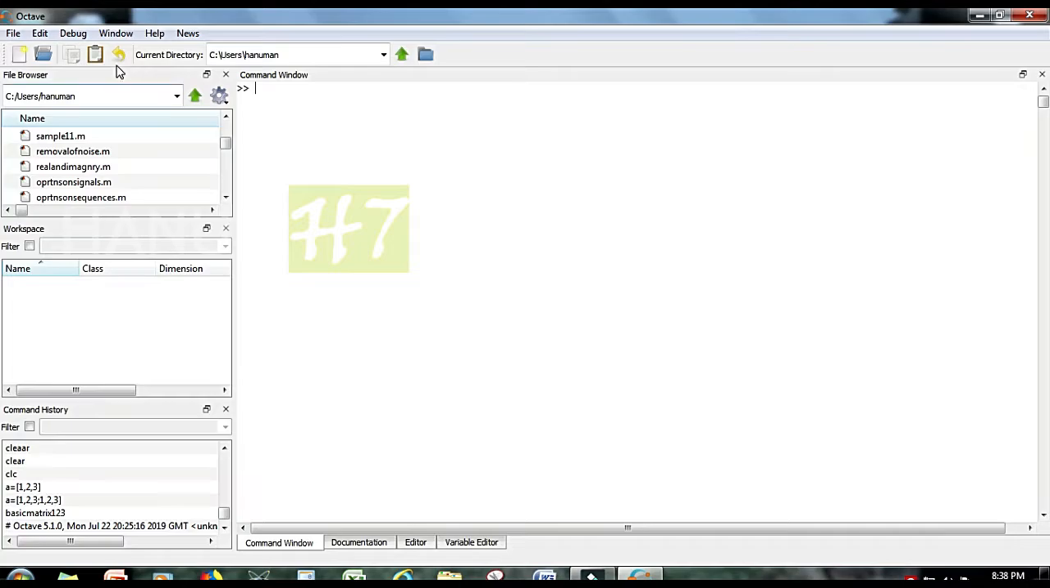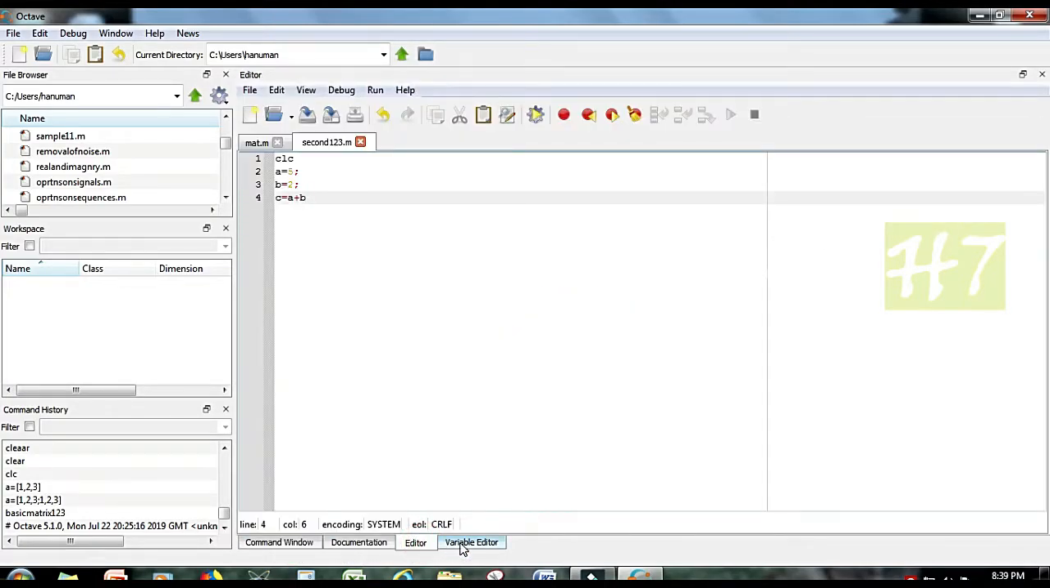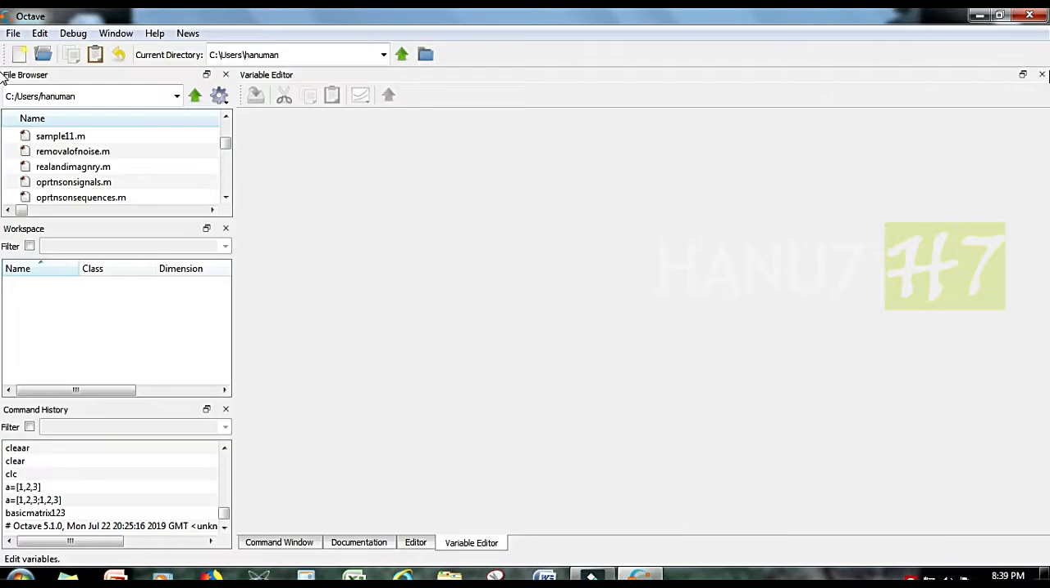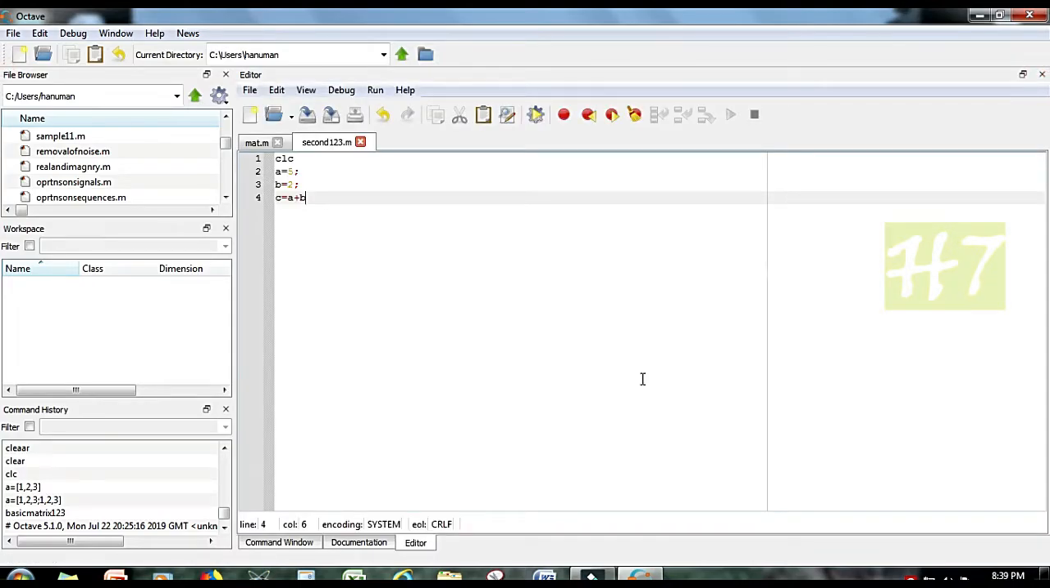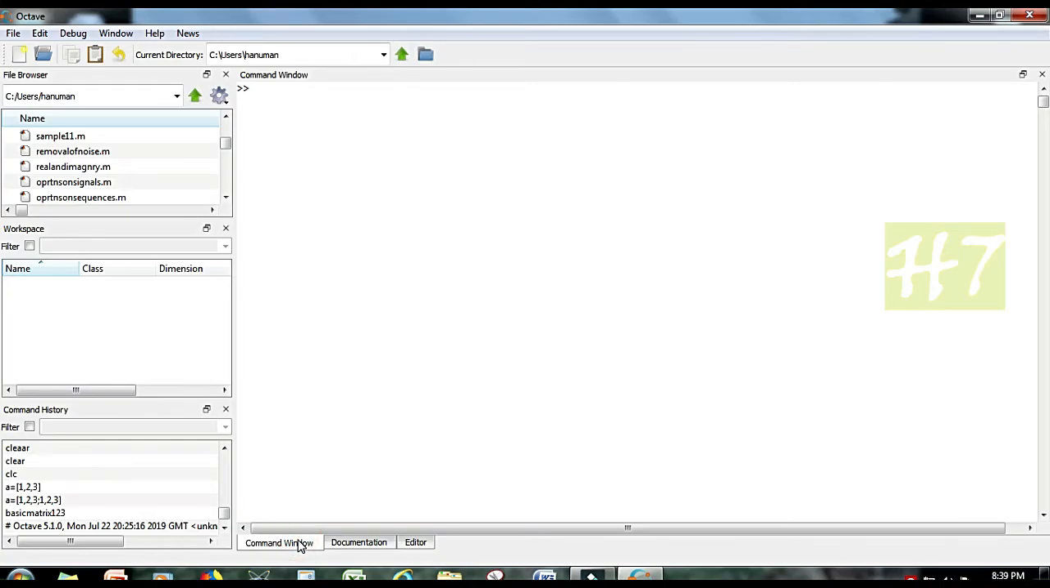So again you can see here the file browser window, workspace window, command history window, command window, documentation window and editor window, and even the variable editor window, which we are not using, so I am deleting that. So these are the different windows and the basic commands which we are using. Now let us see how to work with basic operations on matrices, or how to work with some of the basic signals. Before that, let us see how to create